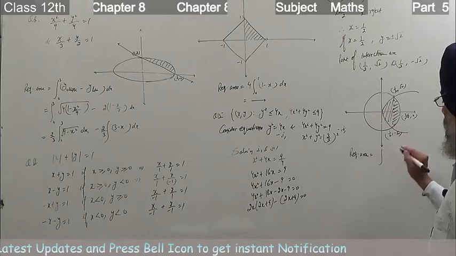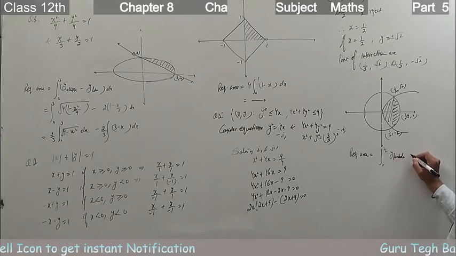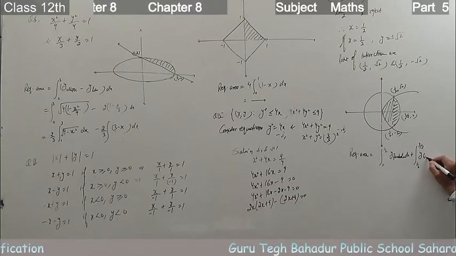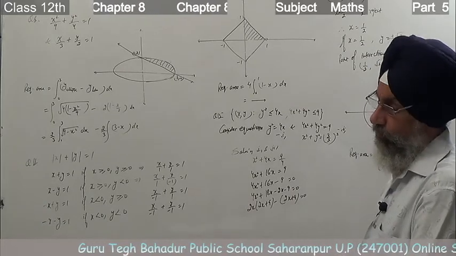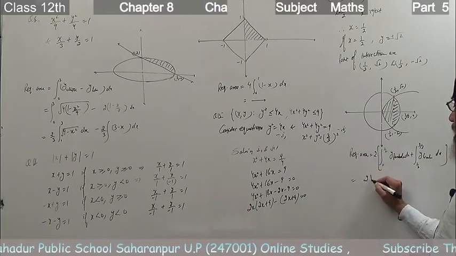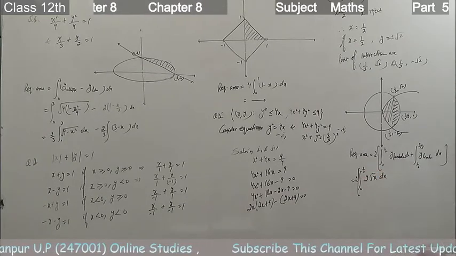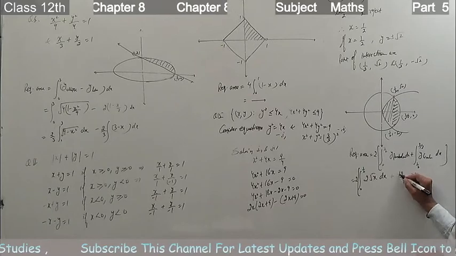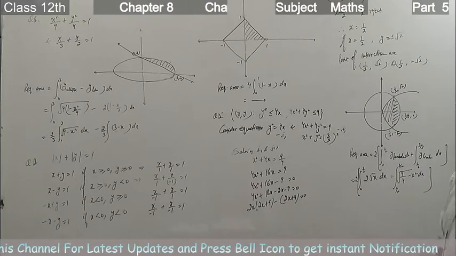It is the integral from 0 to half of y of the parabola plus the integral from half to 3 by 2 of y of the circle, and we take 2 times that. They have not said x and y are greater than 0, but we take the first region here. So y of the parabola is 2 square root of x dx from 0 to half, and obviously 2 times the whole, plus y of the circle, that is square root of 9 by 4 minus x square dx from half to 3 by 2, and then solve it.